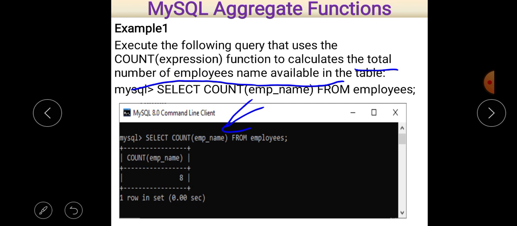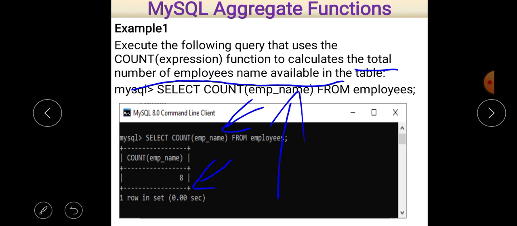from employees. Then as you know that there are total 8 rows, so the answer is 8. Always remember that when we mention any column name, then null values are not counted when we use count and give an expression.